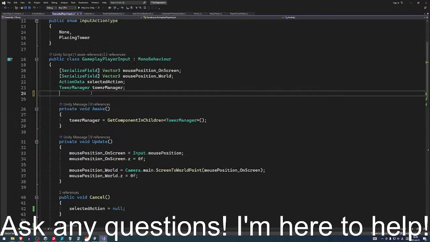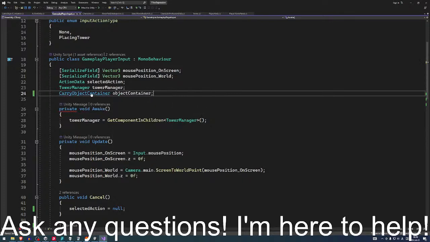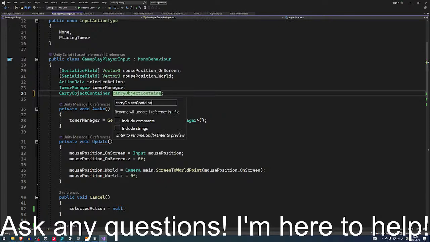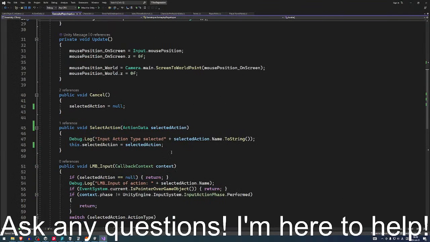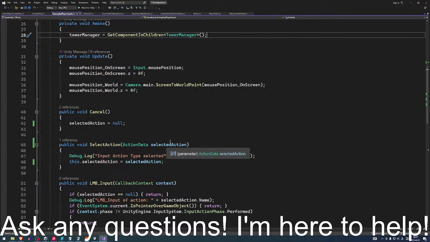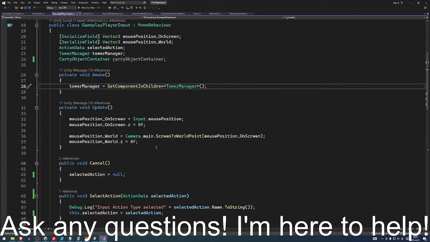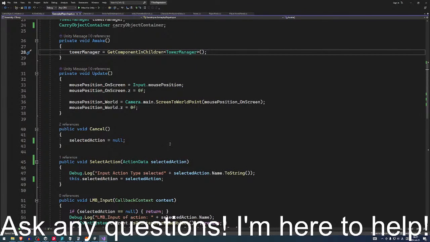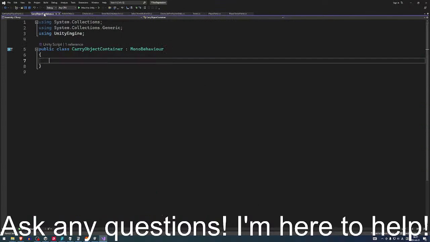We'll say carry object container. Object container. Carry object container. Inside carry object container we will have,